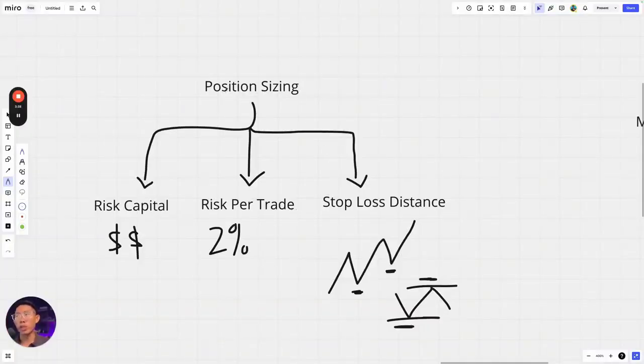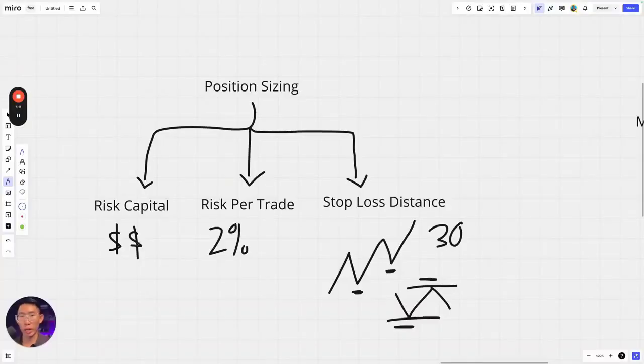So, position sizing. In order to choose the correct lot size, you need to take into account these three things. And a stop loss distance, and it could be a certain amount of pips, like 30 pips or even 50 pips, right? Depending on how wide your stop loss is and what type of trading style you are. Maybe you are a scalper. A scalper will probably have like a 5 pip stop loss, a very tight stop loss. But an intraday trader or swing trader might have a 30 pip stop loss, which is much wider, right? So now,